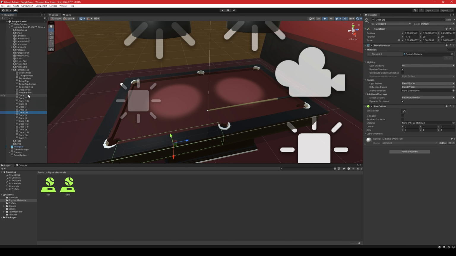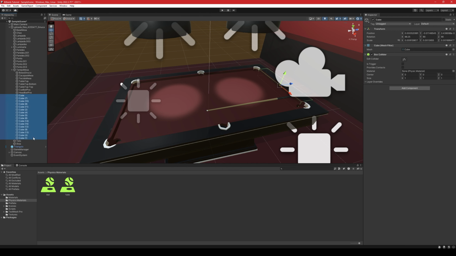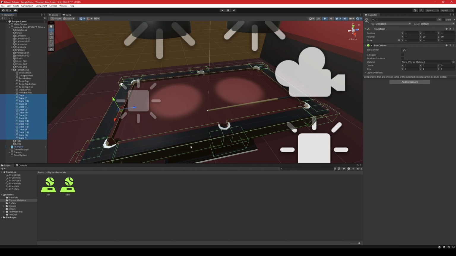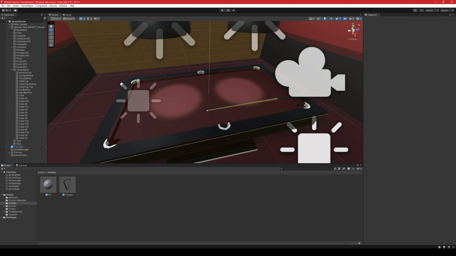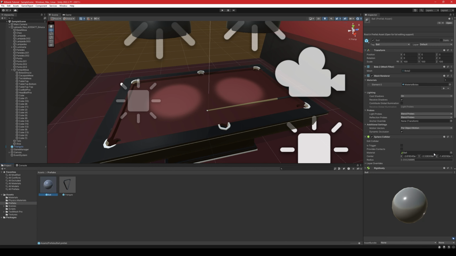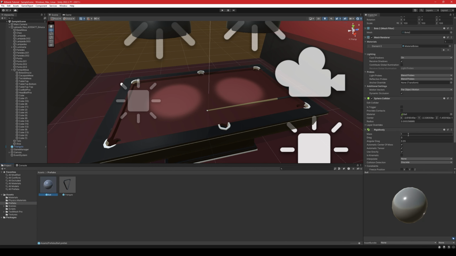I'll just run through them all with the arrow keys real quick. Okay, yep, it's cube through cube 1, so click on cube, shift click on cube 1, select them all, and we're going to drag that table material over there in the box collider. So now the tabletop and all the edges have that table physics material, and our ball prefab has the ball